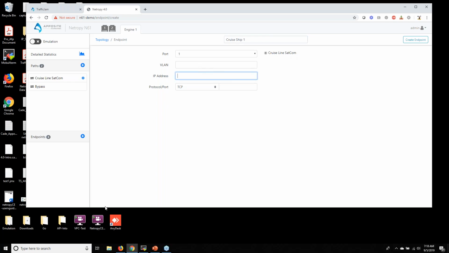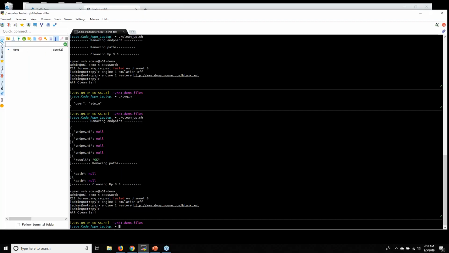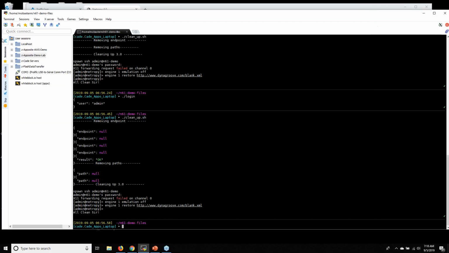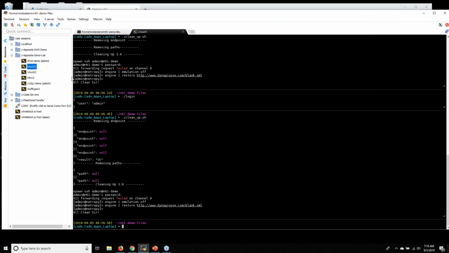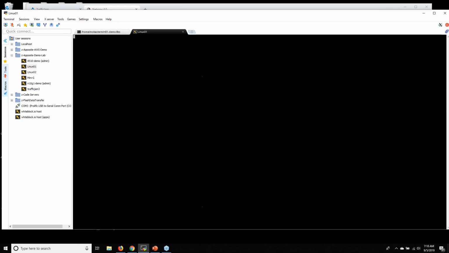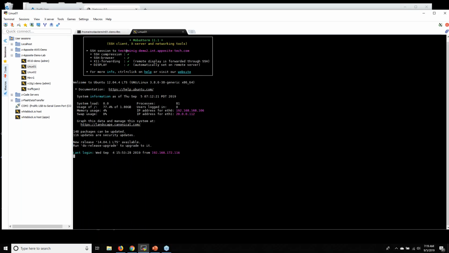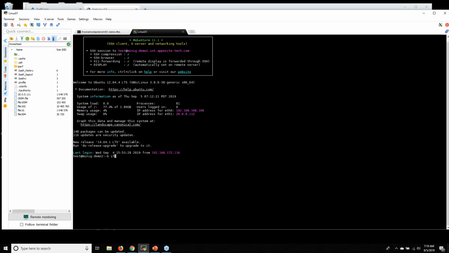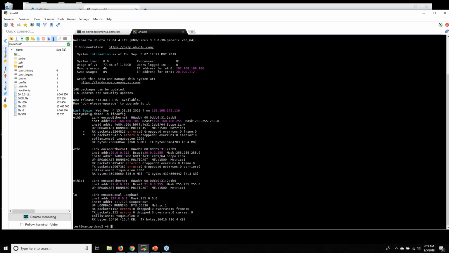And I need an IP address. So actually I'm going to log in and verify I have my right IP addresses. So let's go Linux 1. I'm just going to get the IP address of this Linux server.